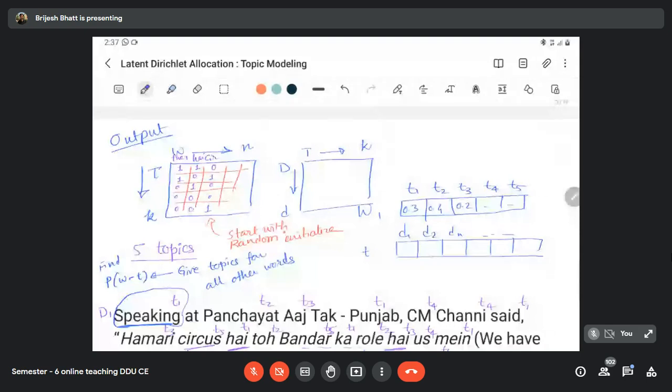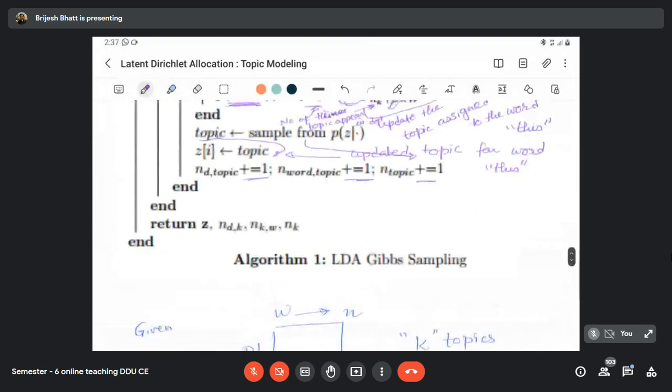Right? So this is our starting point of the Gibbs sampling algorithm. And then we go word by word. We look at the distribution of all other words and change the distribution of a single word at a time. We keep on iterating over words like this until the distribution is stable. We know that if you run Gibbs sampling a sufficient number of times, it reaches a stability level where you don't see much change in the probability. And then you say that the distribution we are looking at is the actual, underlying distribution. So let us see how we do it through the algorithm.